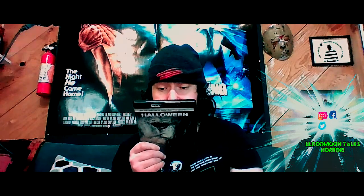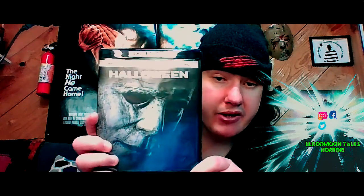It doesn't really say much, but on the Blu-ray, it includes deleted and extended scenes, Back in Haddonfield: the making of Halloween 2018, the original Scream Queen featurette, the Sound of Fear featurette, the Journey of the Shape featurette, and the Legacy of Halloween featurette. And here's the front of the poster image,